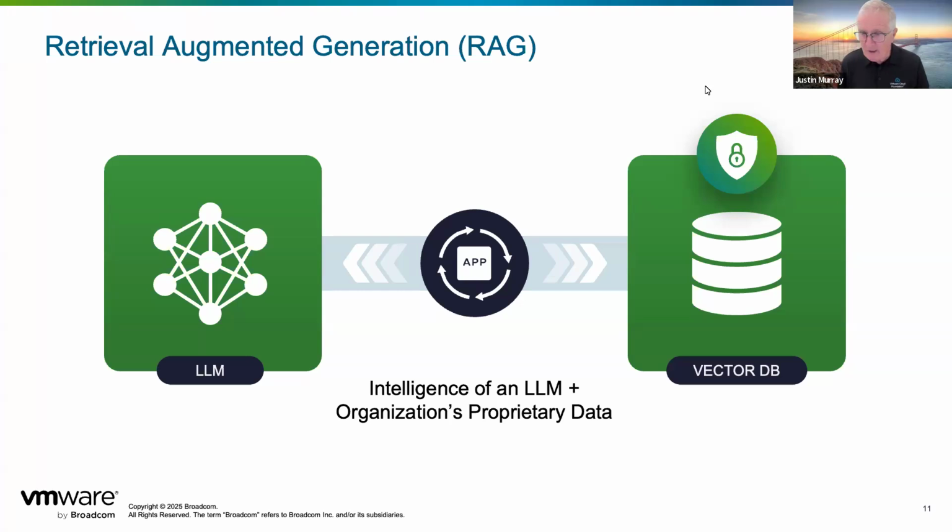Postgres vector, into which you've stored some of your private documentation, which now can supplement or augment the model and force it to give the correct answer to a question. So that's the combination that we think is the on-ramp application, the first application that many of our customers want to do with AI in general and large language models in particular.